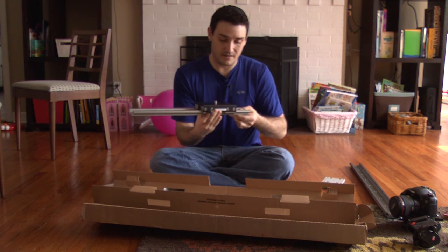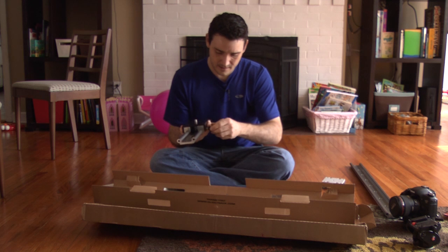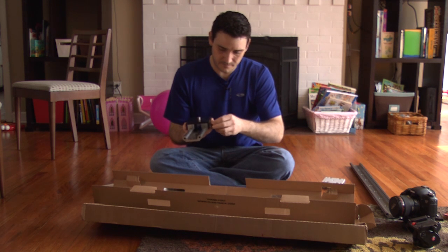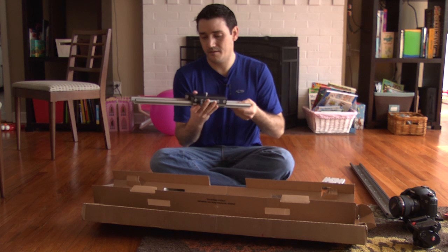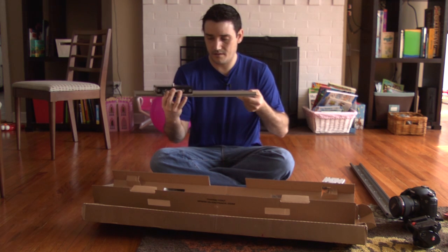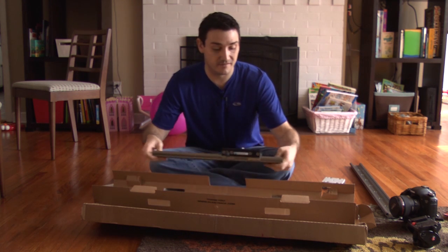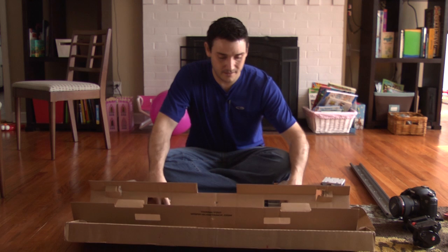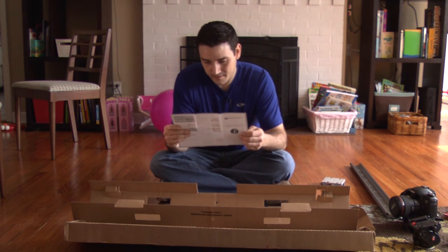I can already tell it feels significantly smoother. There is some sort of weird bump in it. I can't quite figure out, but it seems pretty smooth. How about I read the directions and we'll see if it tells me anything here. Okay, carefully remove the...